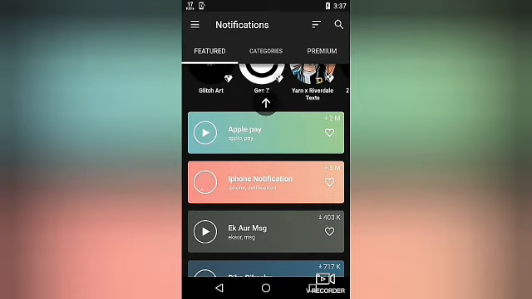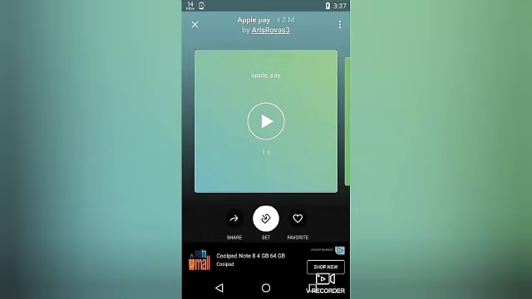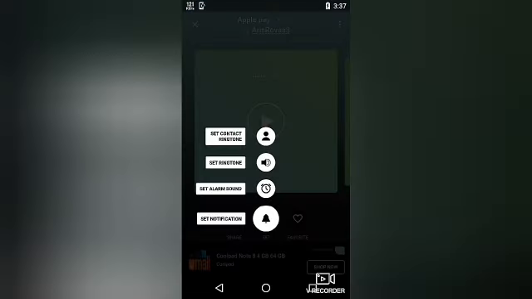See, you can set it as your alarm sound, notifications, ringtone, or for a specific contact, or for the whole, accordingly as you wish. See, there is a list of options.